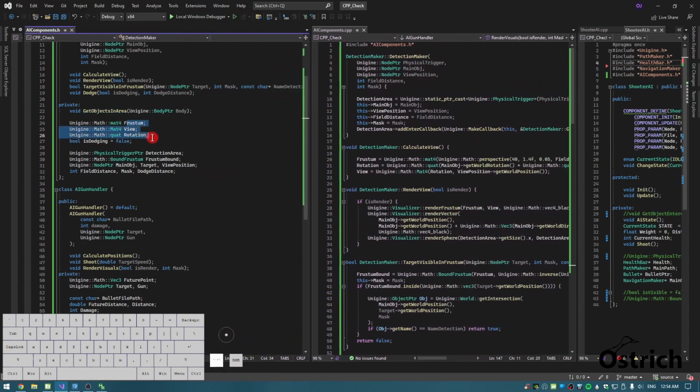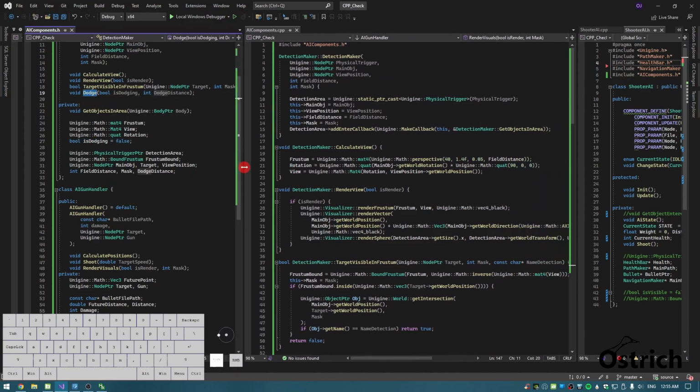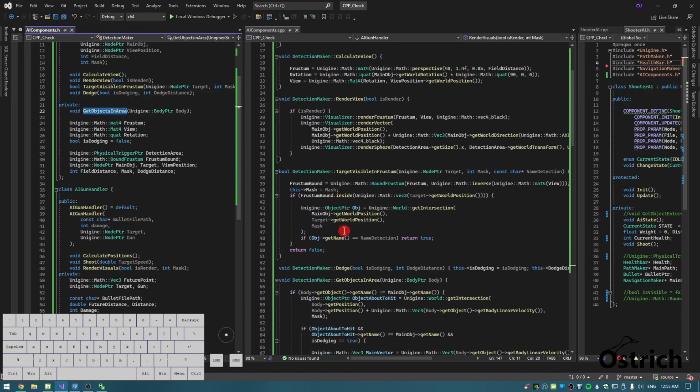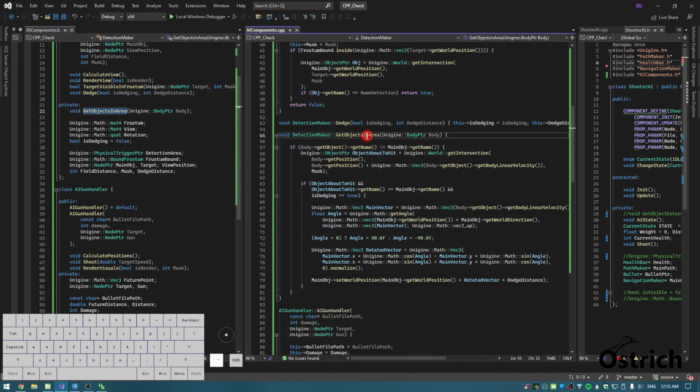All right, then these are our basic calculation ones. This is our boolean. All right, because we're going to make sure that when we dodge, we make sure that we can even do something in the area. So like gets object in the area,